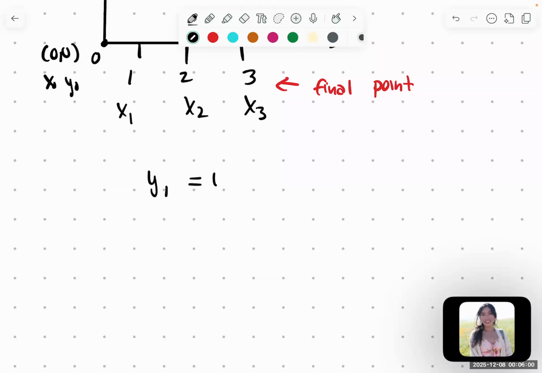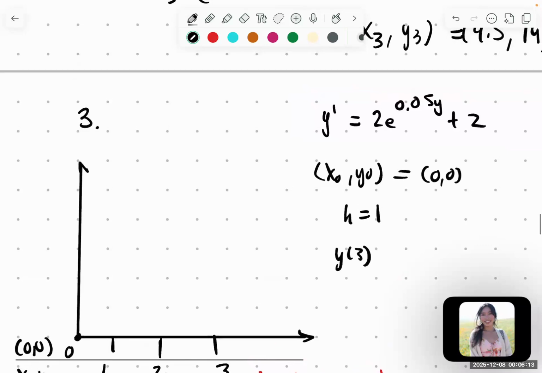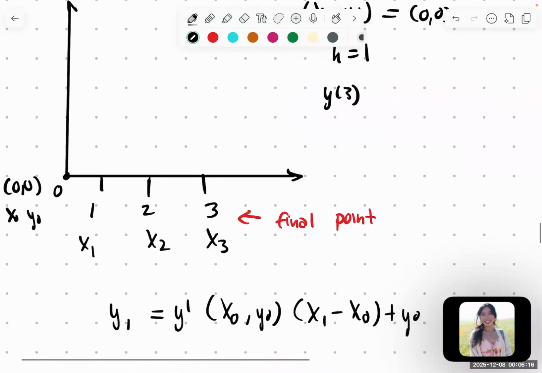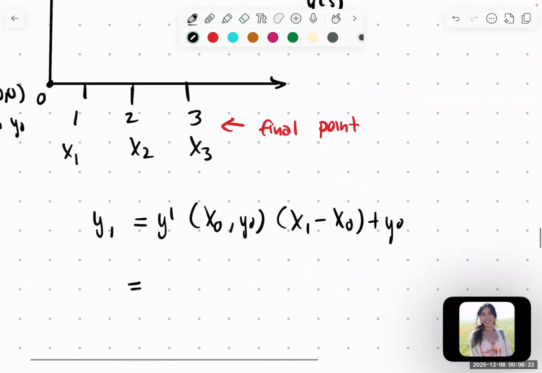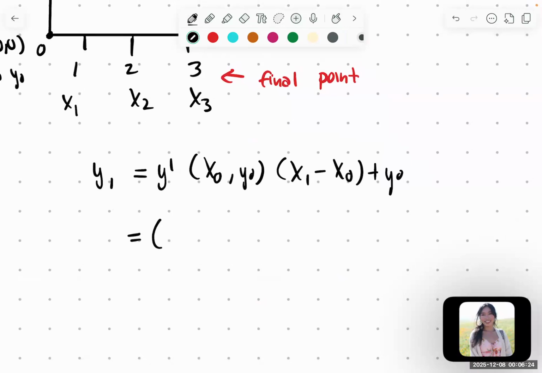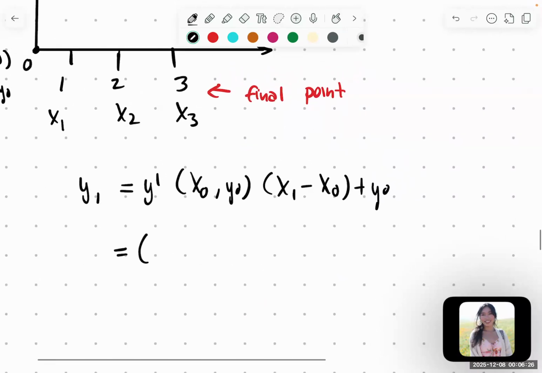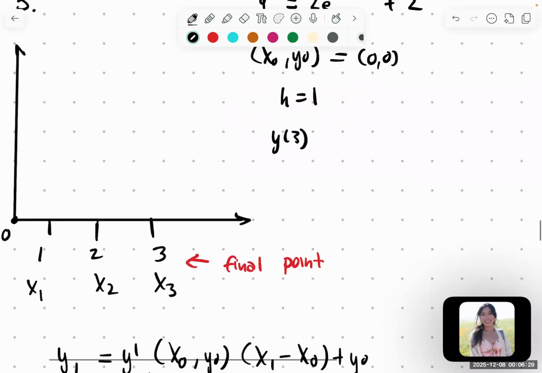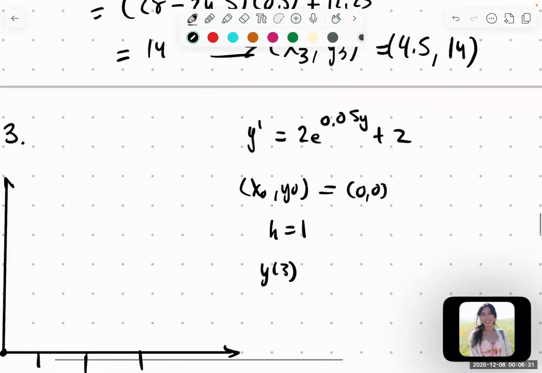y1 equals y prime of x0, y0, because it's given to us, times x1 minus x0, plus y0. I might compute this off to the side, but I'll just do it here. Since our points are 0, 0, it's going to be, where is it? Okay, 2e